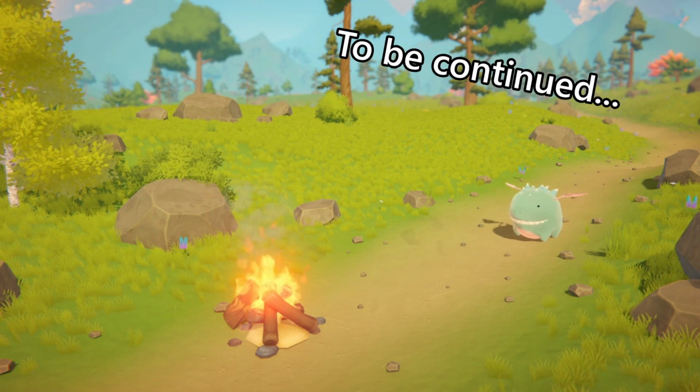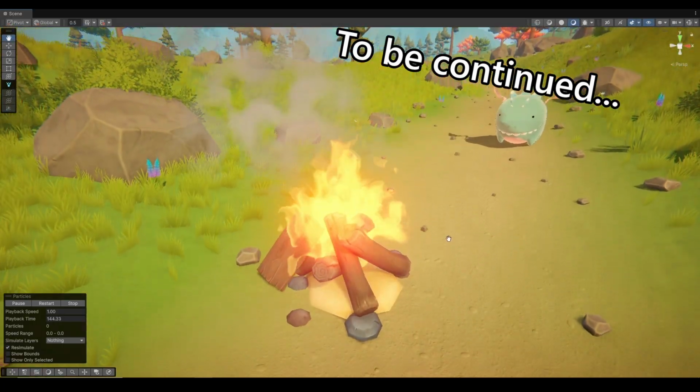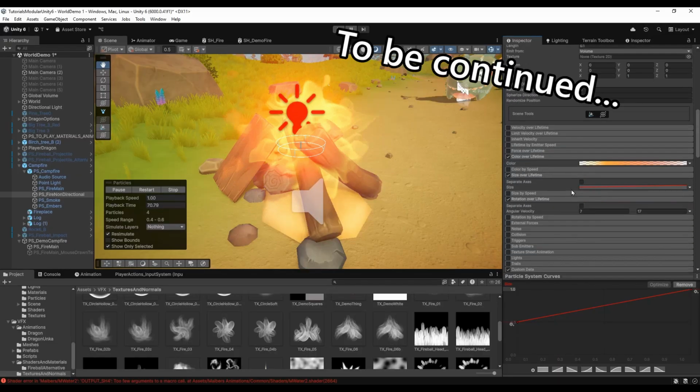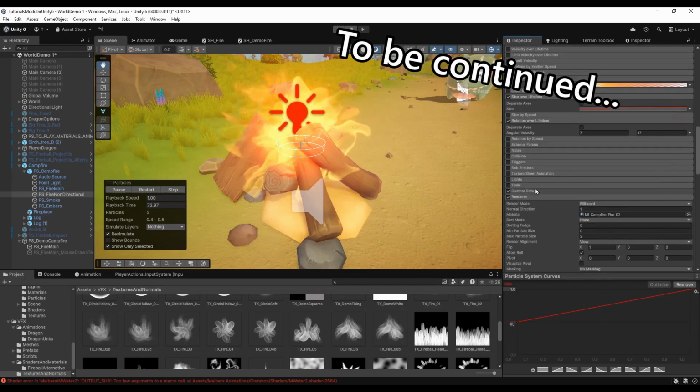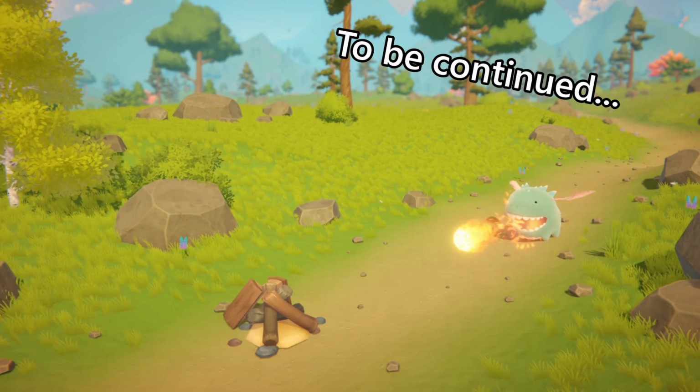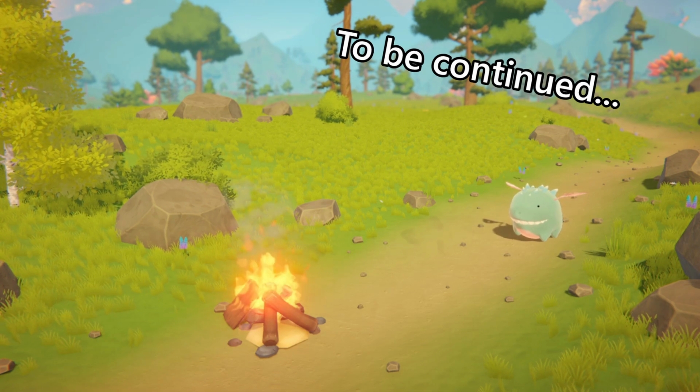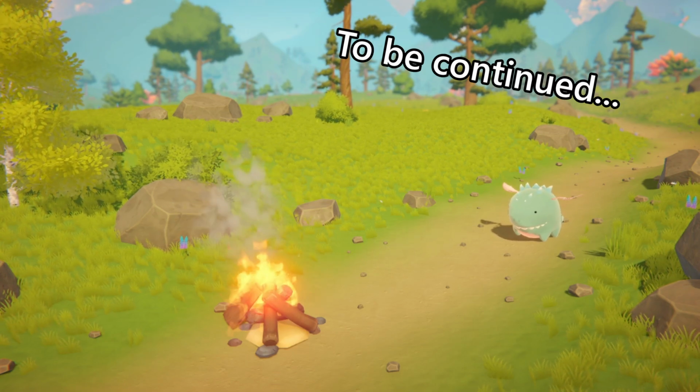In the next one, we're going to finish off this campfire, including quickly going over the other particle systems, which use basically the same functionalities. And remember, when you're making VFX, no matter what the situation, it's crucial that you always remember